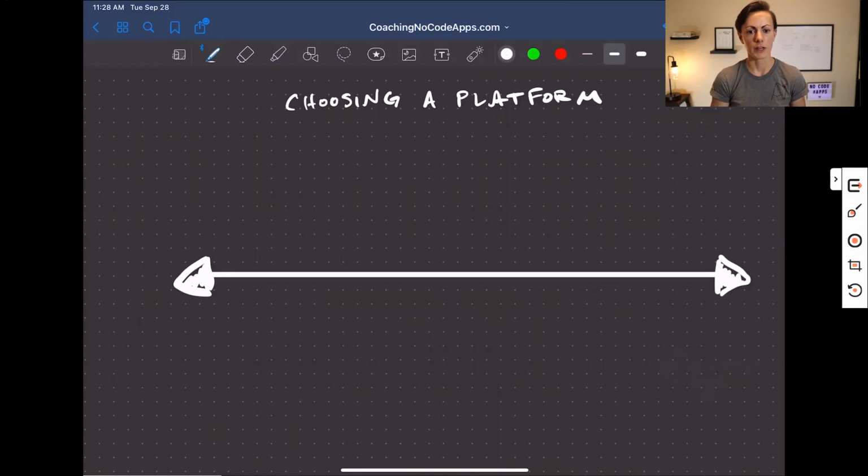Okay, so on the screen here, we're going to look at a spectrum. We're going to look at types of platforms on the very left-hand side, types of platforms on the very right-hand side, and there are going to be a mix that you'll find in between those, but this will give you a really solid foundation you can move forward from. So looking at the left-hand side, what we're going to sort of deem this side is templates,